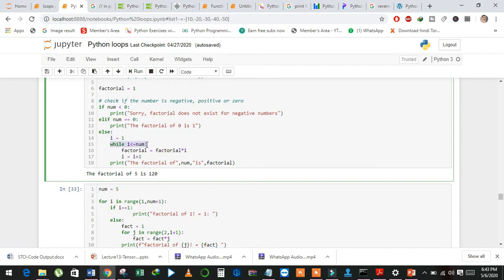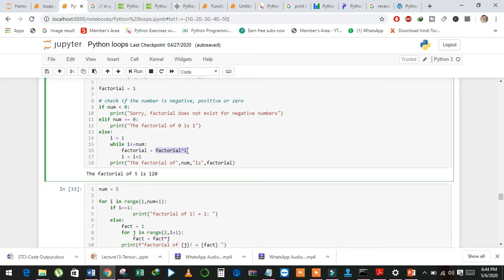Then see here with while loop, I start the loop: if i is less than or equal to num, then factorial equal to factorial multiply by i. It will start from 1.